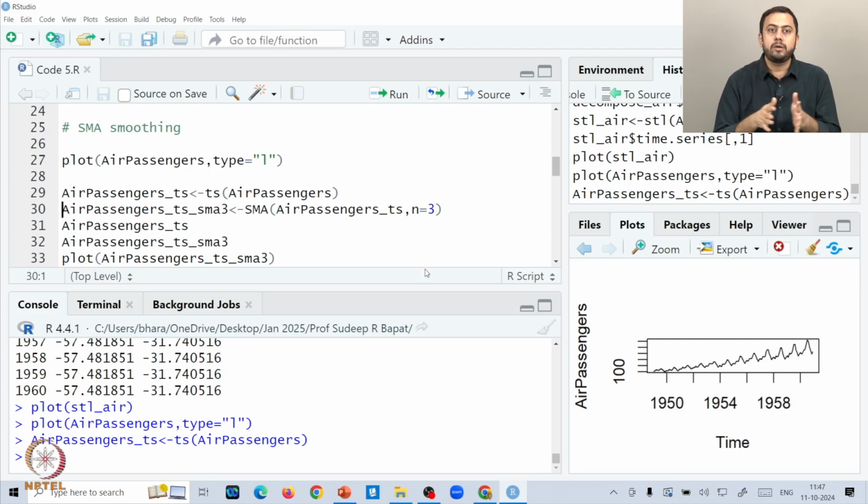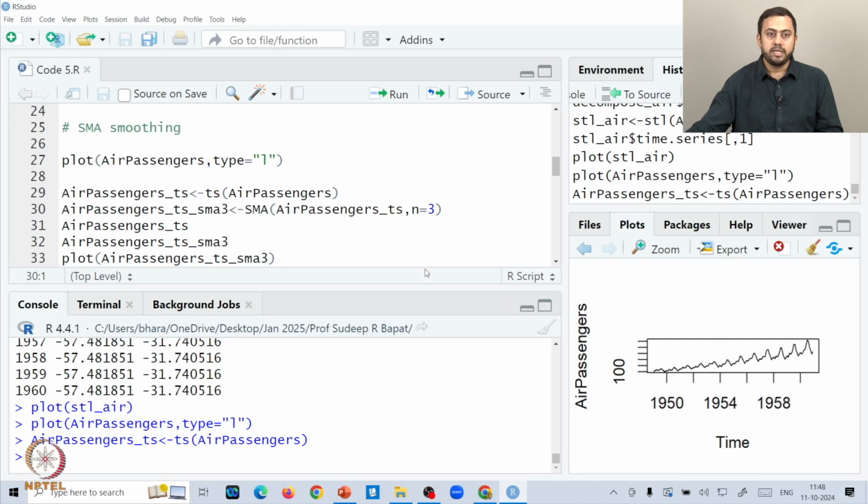So I can play around with the order. Let's say I can take 3 or 4 or 5 or 7, 8 and so on, and I can see how the SMA is fitting the actual model, or how the smoothing technique is placed on the actual data set. Then from all the visual plots and visual checks I can pick the order where the fit is better or the best.